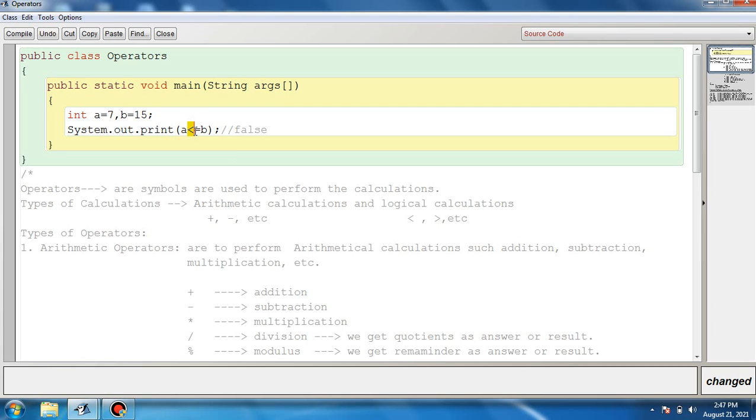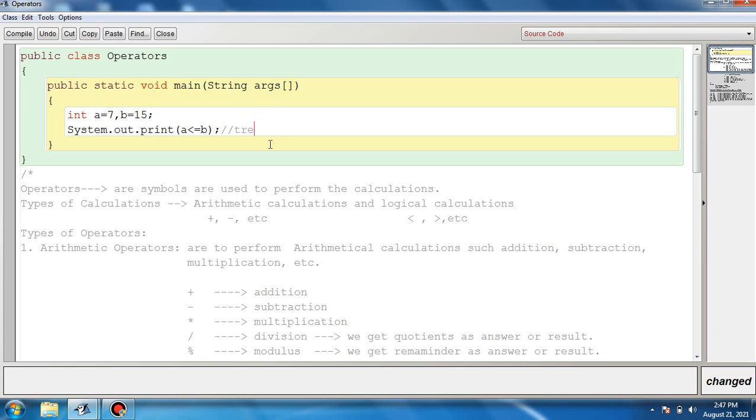Either one of these should be true: either it is less than, or it is equal to B. Yes, 7 is less than 15, so it will result in true.